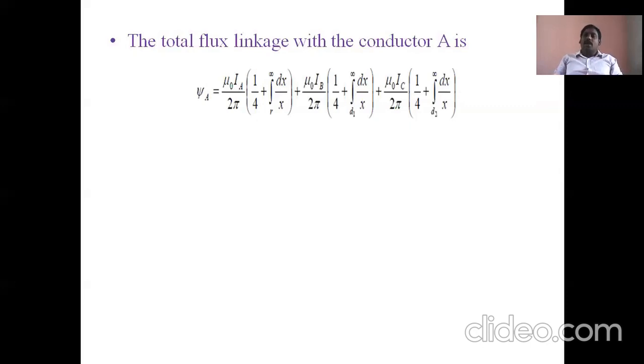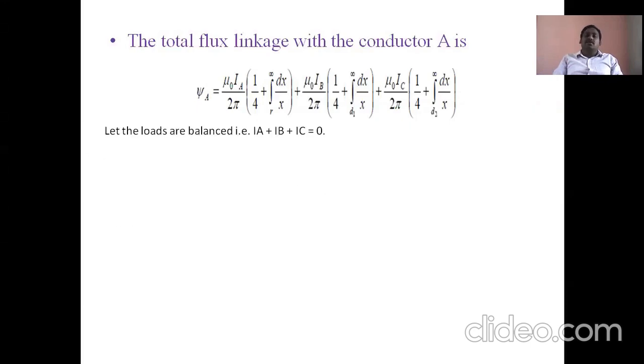A. In a similar manner, in the conductor C, due to current Ic, internal flux is produced. That same internal flux can link with the conductor A. That's why here we consider the internal flux of B and at the same time the external flux of B, the internal flux of C and at the same time the external flux of C. In the first term, the internal flux of A, as usual, R means the external flux with B and C here. That's why we are combining this. All flux linkages are recorded into psi A.